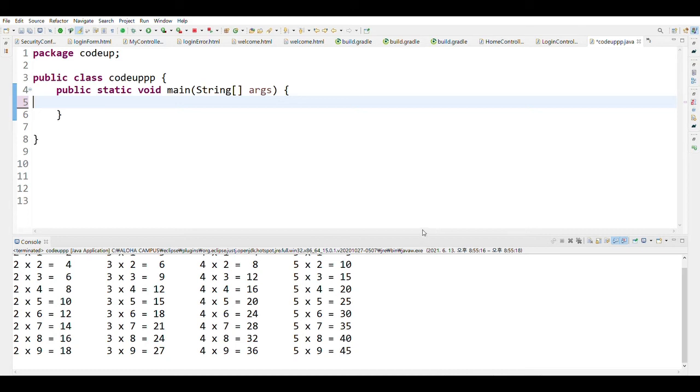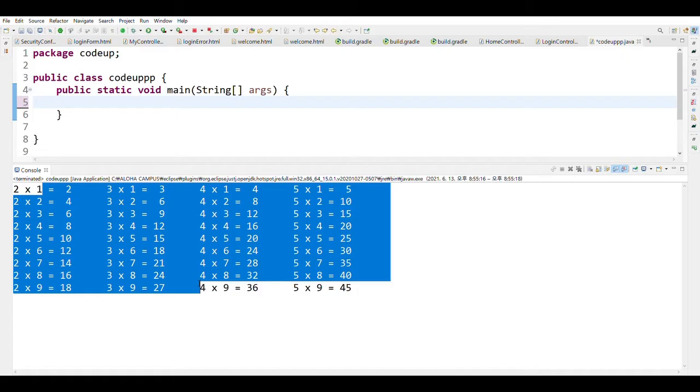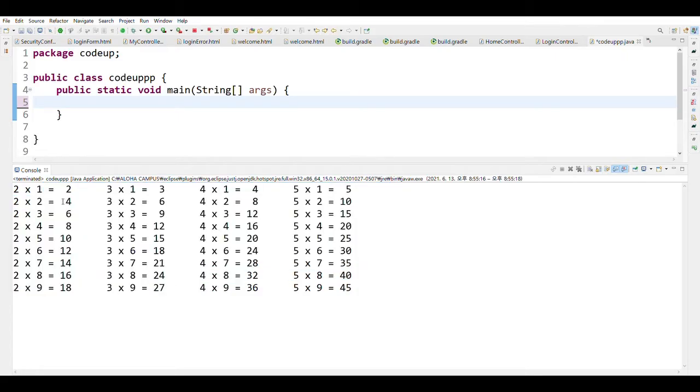I'm going to create the times table. It just looks like this. And if you look at this, it has 9 lines. So let's see. 1, 2, 3, 4 to 9. Okay. And then if you look at the numbers,